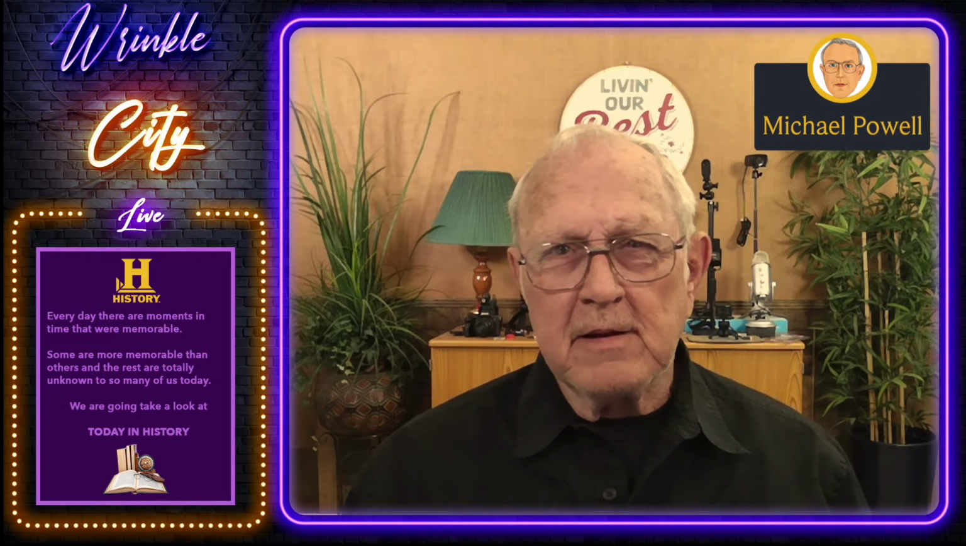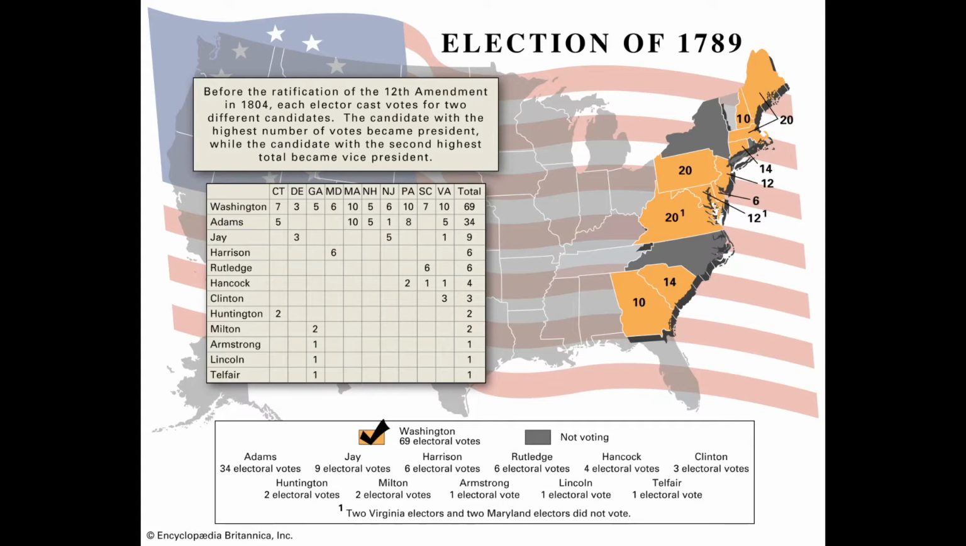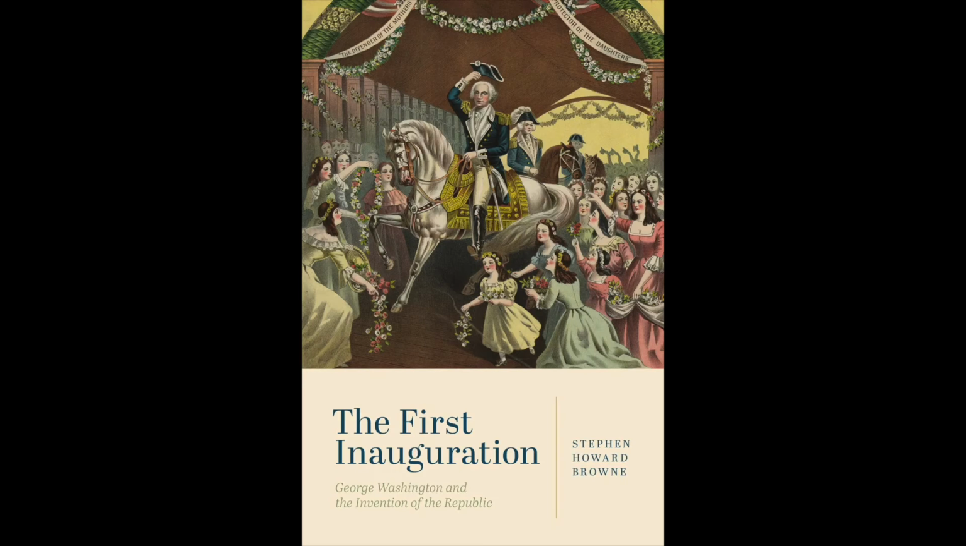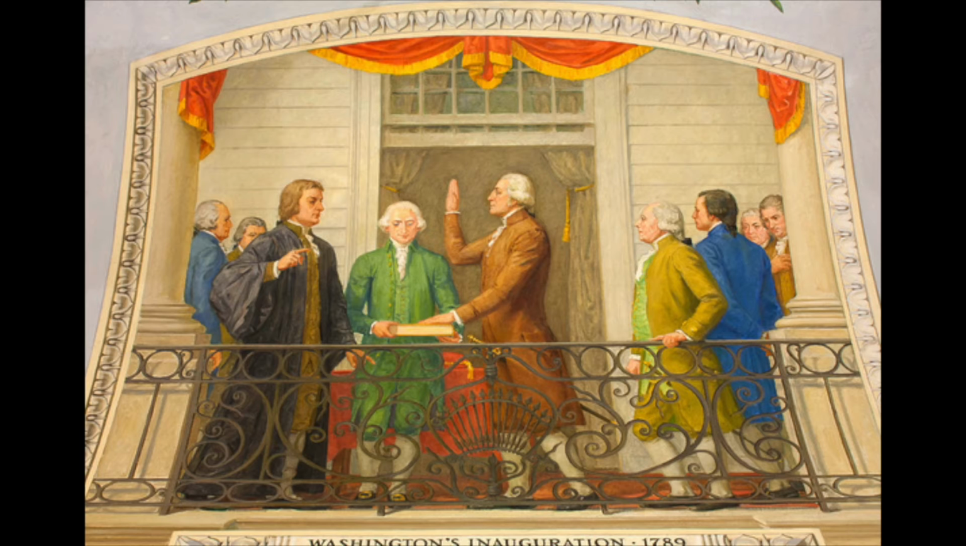I'm Michael Powell. It was on this date in history that the Electoral College was initially formed. The Congress set January 7th of 1789 as the date by which states were required to choose electors for the country's first ever presidential election. A month later, on February 4th, George Washington was elected president by state electors and sworn into office on April